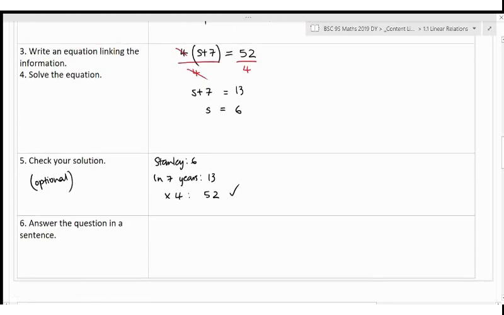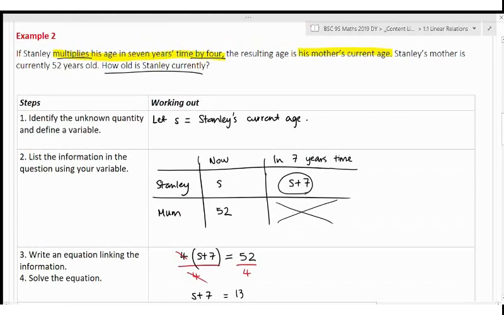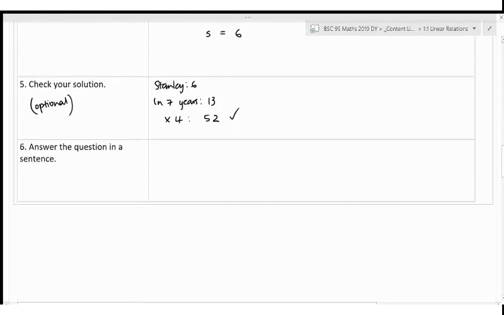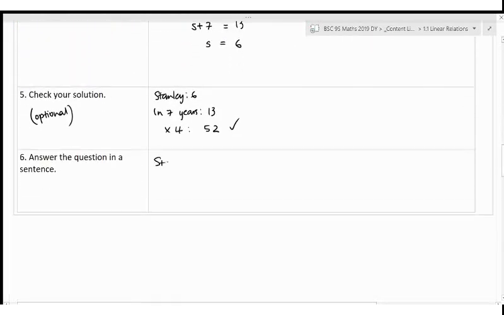Okay, answer the question in a sentence. I've forgotten what the question is again. How old is Stanley currently? That's easy. Stanley is 6 years